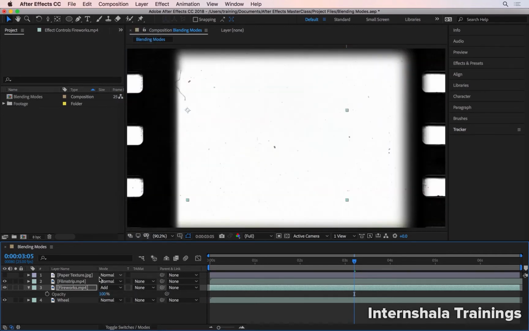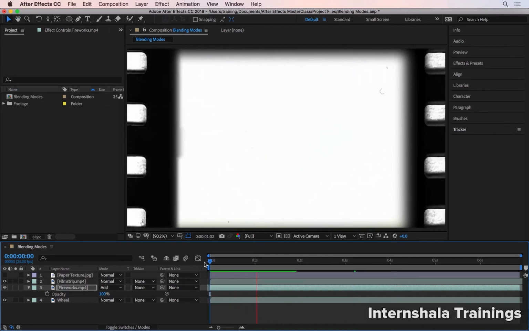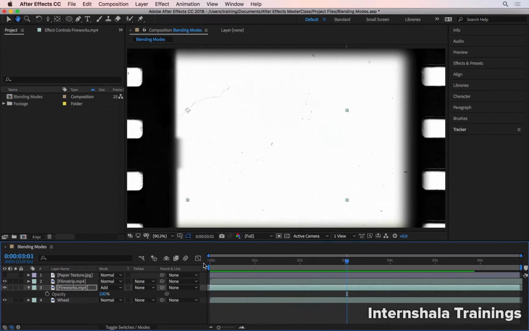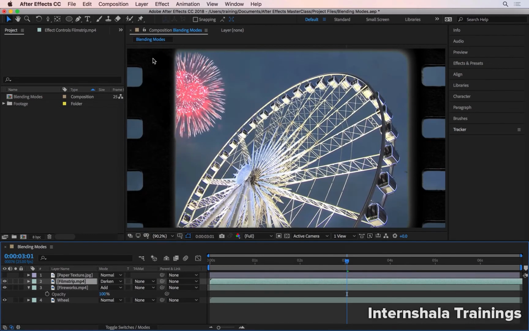Let's say we want to do exactly the opposite here. So if I now go and play it, you see this is what we have. These are some film strips going past. Let's say in this case, I want to get rid of only the whites, and I want to be left with everything that's not white, including the grays and the blacks. Well, that would be done in the darken category here. So if I come up here to darken, you see all the whites have disappeared, and I'm now left with